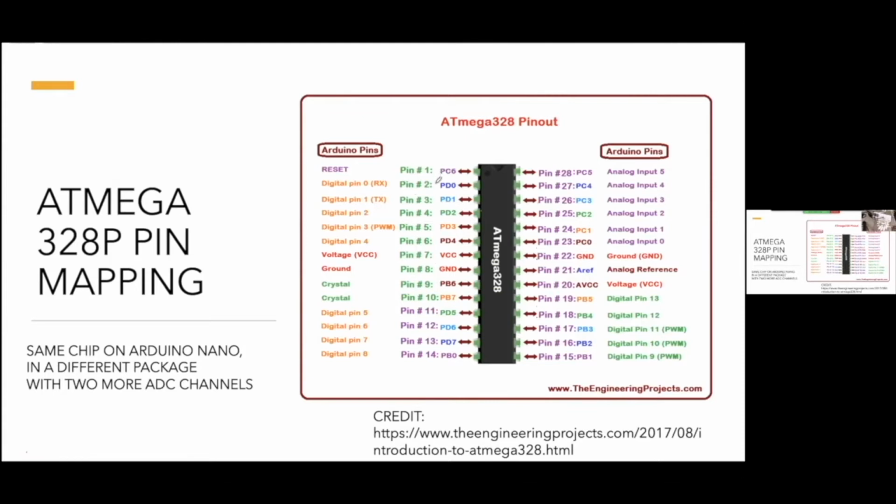Port D has these pins PD0, PD1, and so on. These are port D pins. Next we have the port B pins and the port C pins. The digital pins 0 to 7 on the Arduino are all port D pins.